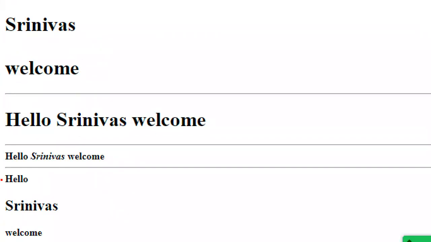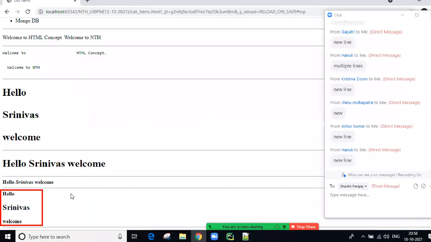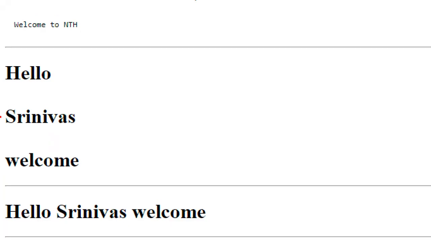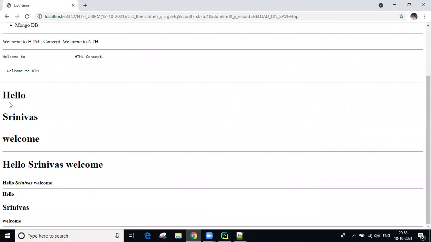See guys, again you are getting 3 lines. Okay? So if you know this tag behavior, then you can decide how you want to display. If I want to display in the same line, but I don't know tag behavior and I'm using block level related tags, I'm going to get 3 lines, and block level tags automatically add some space on the top side and bottom side. So again here also some space for this one, again for this one, like that. Around our content, top side and bottom side, some space we are going to get automatically.